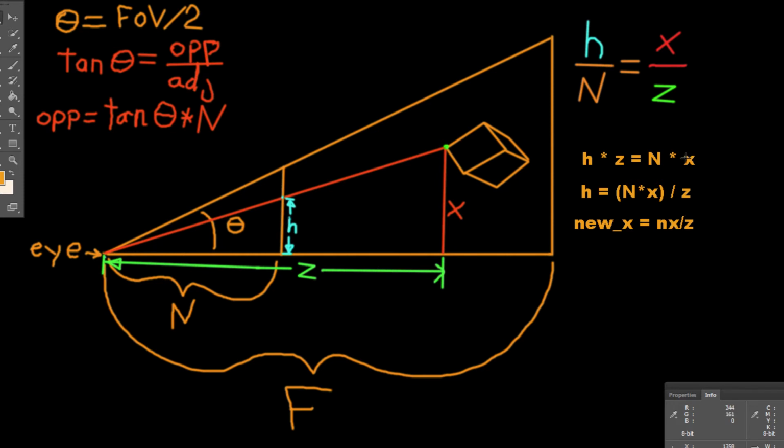And like I said, we can do the same for y. This x would be a y instead, a y here, y here. So the new y would be new y equals ny divided by z. Now, there's one difference between the y and the x, because sometimes our screen proportions can vary. We use what's called an aspect ratio to multiply against the new x coordinate, this distance here, to get the